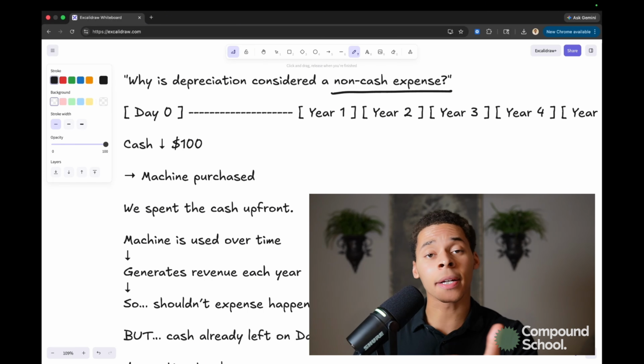To understand what a non-cash expense is and furthermore what depreciation is, we first have to get an understanding of what capitalization means. When a company purchases an asset, or something that they expect to receive future economic benefits from, they're not going to immediately expense that item. I simply mean that they're not going to record that item on the income statement in the period that they made the purchase. They're going to capitalize that item, meaning they're going to place that on the balance sheet as an asset and expense that item or that cost over the useful life of that purchase.